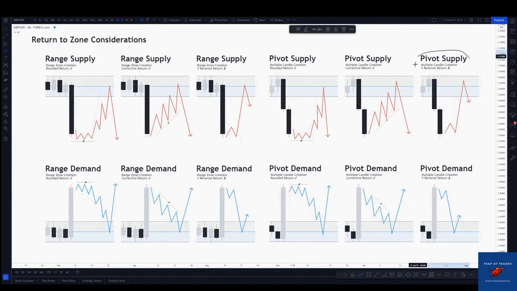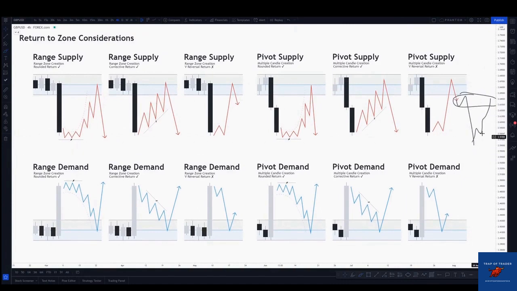And if you do tend to find this, it's better to stay out of the trade and look for something a little bit different. Or if you do get some sort of reaction that does follow through, you might be able to trade a newly created pivot that has maybe a better return into it, a rounded return or a corrective return. And one final thing that I wanted to touch on in regards to return to zone considerations,